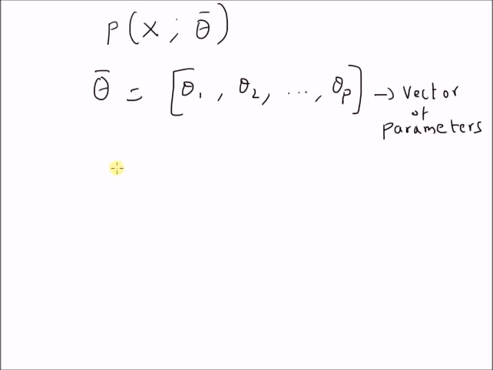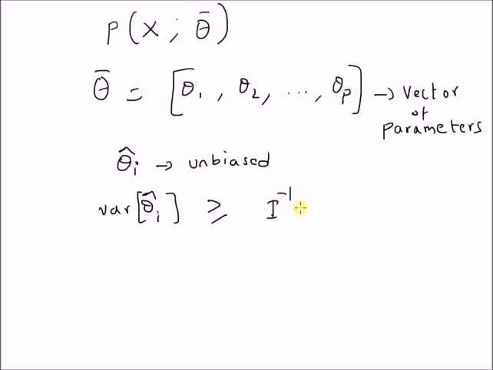And then, provided that the estimator theta i hat is an unbiased estimator, the variance of the estimator theta i hat is bounded by the ith diagonal element of the inverse of the Fisher information matrix. That is, I of theta ij, that is the element in the ith row and jth column of the Fisher information matrix, is given by